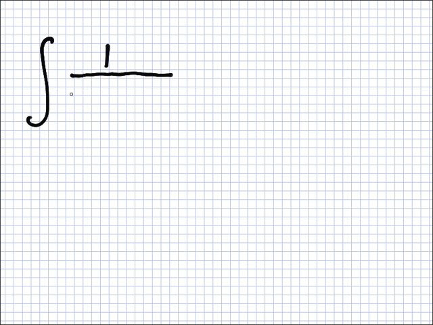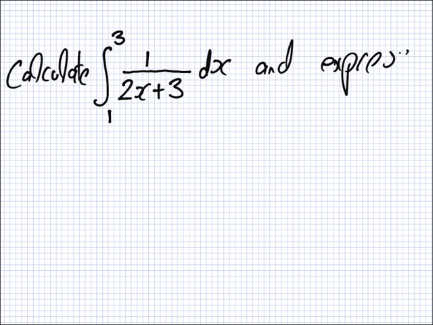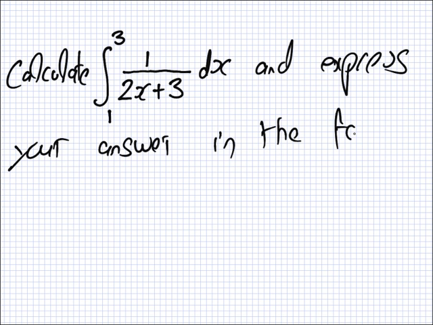Oh, I don't know. We'll just say something like 2x plus 3. One to 2 again. I'm tired of 1 to 2. 1 to 3 this time. So the question would be, calculate this as normal and express your answer in the form